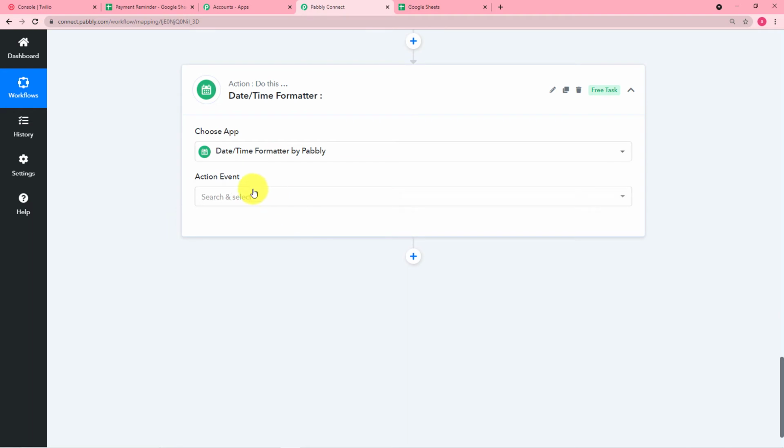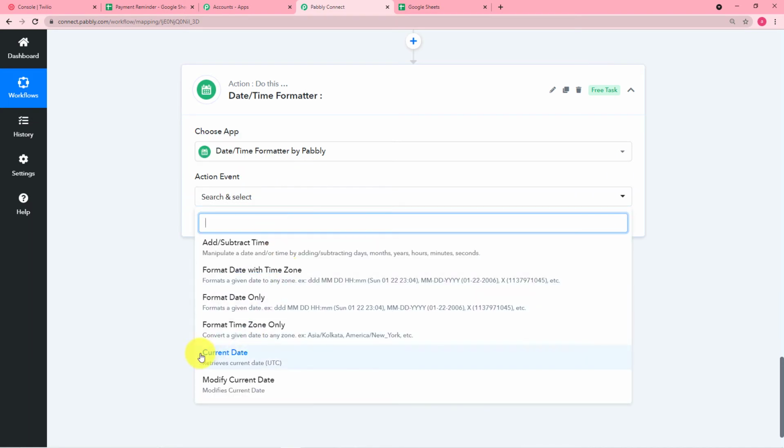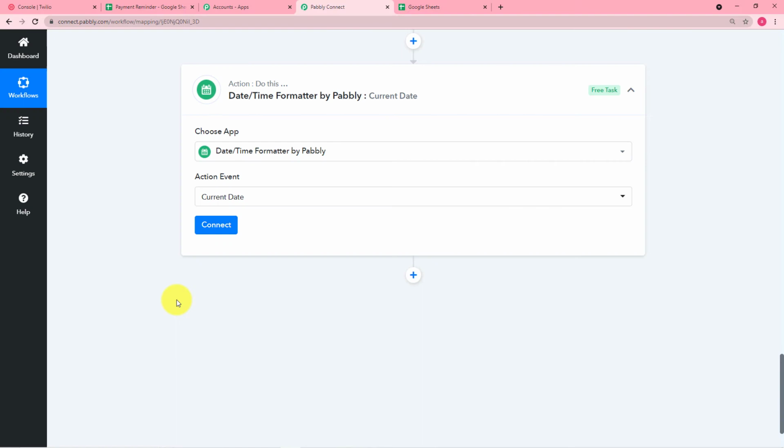Now what we are trying to do, we are applying this to get today's date or the current date, right? So in the action window, select this current date. Why we are fetching this current date, I'll let you know. Click on connect,